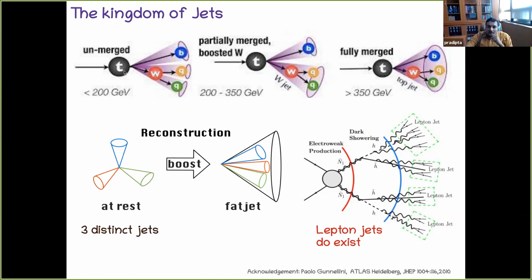Now, when the mother top has low energy, less than 200 GeV, you will see a bottom and a W. This W, after moving a short distance, will split into two quarks. So the b will have a jet, and the two quarks from the W will have their jets, represented by three conical shapes. Now, LHC is a high energy machine. It could happen that this mother top is produced with a reasonable amount of energy, between 200 to 300 GeV. Then the bottom goes as it is, but the W moves in a way that when it splits into two quarks, whatever jets they form remain in one. So low energy, three jets. Medium energy,